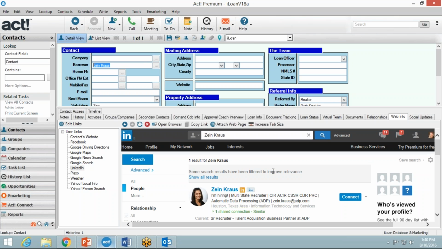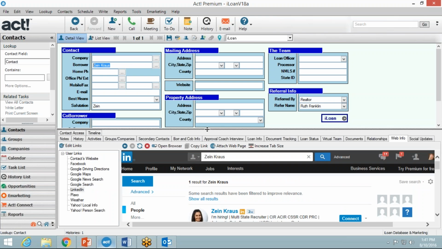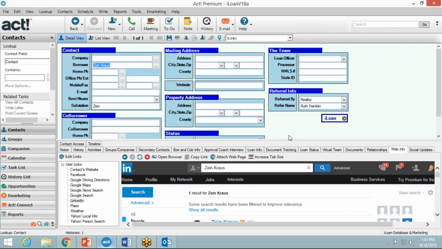And what I would say is if you are in that situation, don't let that stop you from actually getting into ACT. I don't suggest that you personally sit there and enter the information into ACT because that's not the highest and best use of your time. However, if you hired like a college kid or your own kid or a friend's kid and had them do that for you, let's say you pay them for a couple days of work, and even if you only get 1 or 2 loans from them, putting that into your ACT database and you following up with them, that's well worth the 2 days,